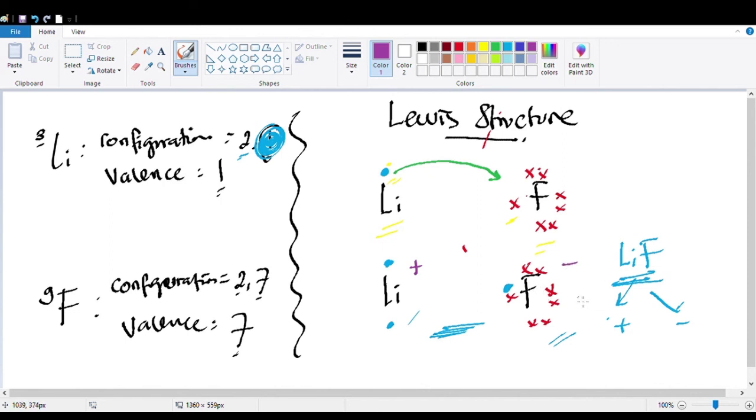Okay. So lithium has a positive charge and fluorine has a negative charge. Metal has a positive charge, non-metal has a negative charge. Metal is positive, non-metal is negative. So that's all from me about